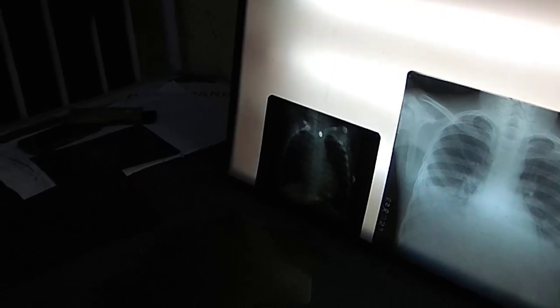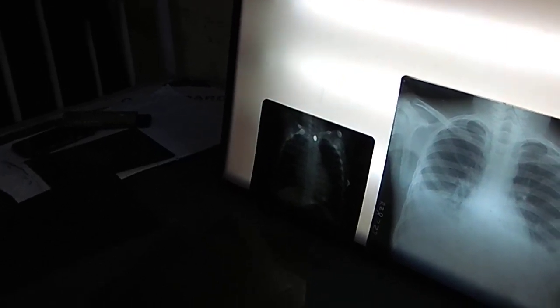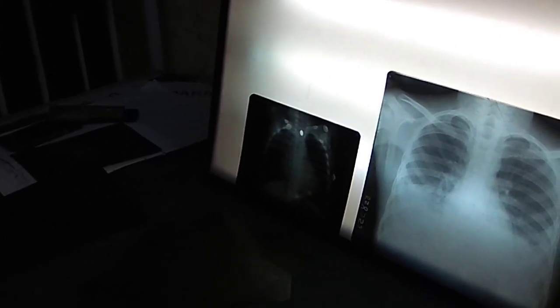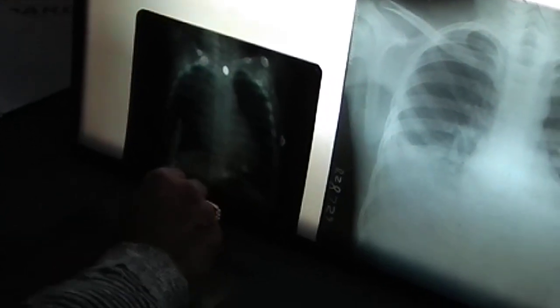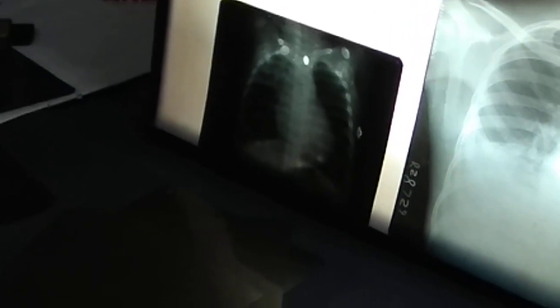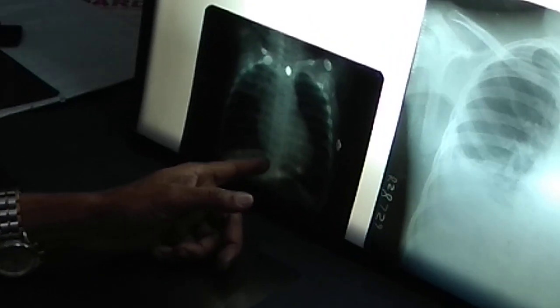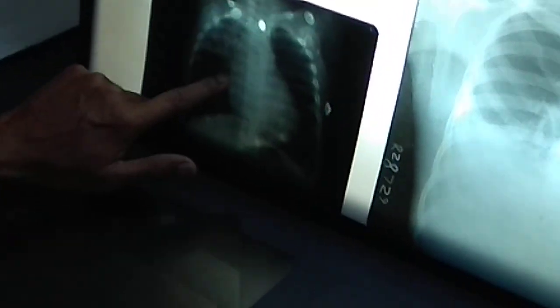How to measure the size of the heart? Cardiothoracic ratio. How to measure the cardiac diameter? Starting from the midline to the most outward part on this side and the most outward part on that side. So you have to draw the mid-spinal line. Take the widest part on the left side and the widest part on the right side. Suppose this is the mid-spinal line. Widest part on the right side, widest part on the left side. So add up these two things. Understand?